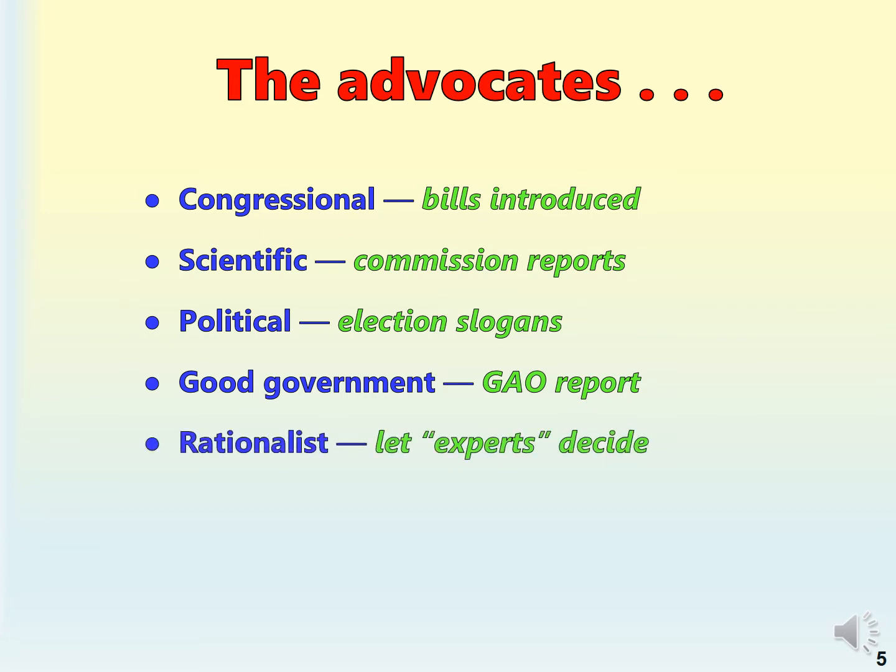A lot of the time too, there's kind of the rationalist view. These environmental and ecological issues tend to be complicated, so let the experts decide. One of the tools that experts use is risk assessment. And so if you let the scientists or the technocrats make decisions, then as a result, you might use things like risk assessment. It's also a practical argument, because it's a practical way to attack a problem where perhaps there are no alternatives. If you're talking about introducing a new chemical into the environment to solve a particular problem, there are going to be side effects.